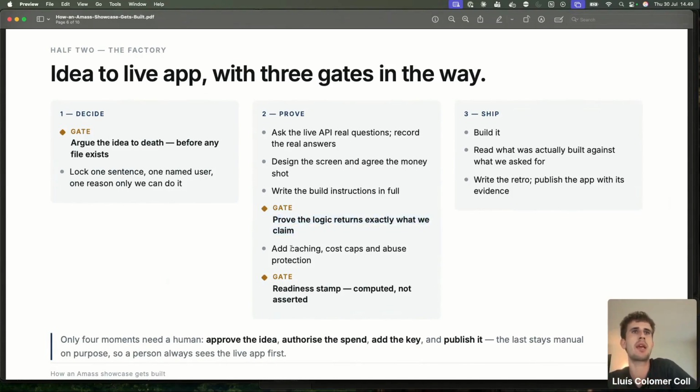And then we also add some caching. We add some cost caps for abuse protection because these apps were meant to be public. And then once we have all the specs defined and the brief ready, we send it to Lovable. We actually spend Lovable credits, and then we build it. And then there's a review process that maps out what we built. And yeah.